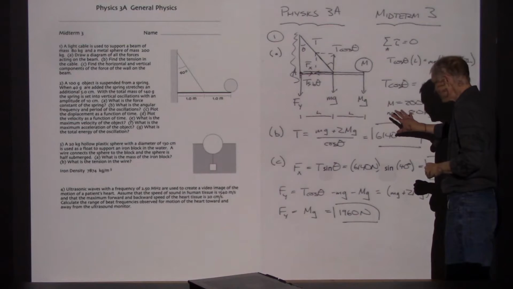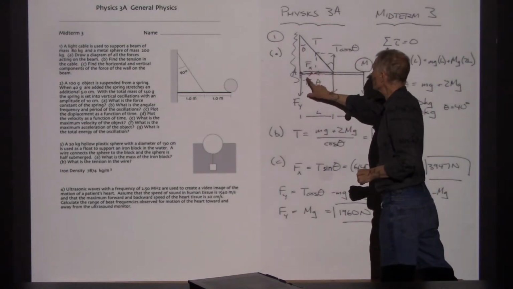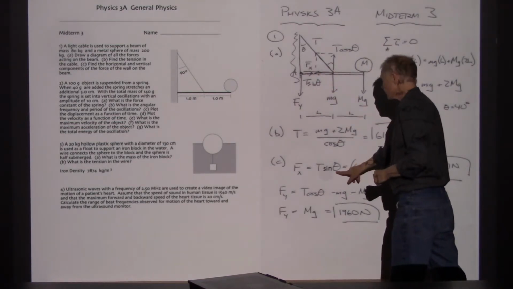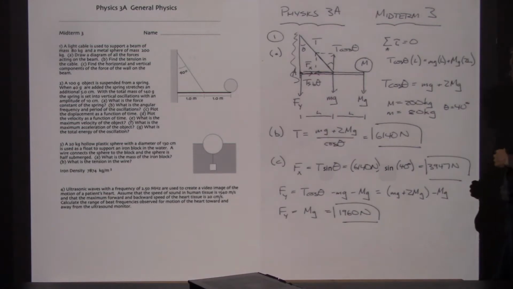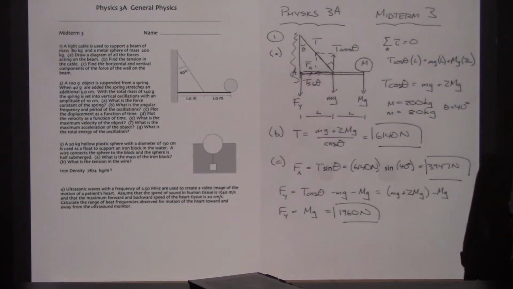Now, once I get tension figured out, Fx is not difficult because Fx equals T sine theta. It's got to. They're the only horizontal components. So plugging the numbers in, it says Fx equals T sine theta, which is 3,947 newtons. So I've got Fx calculated. Now Fy,